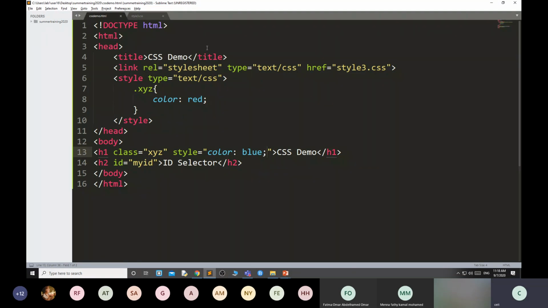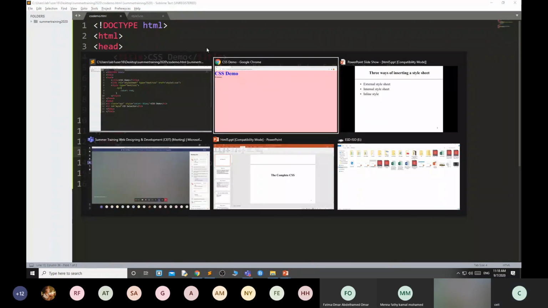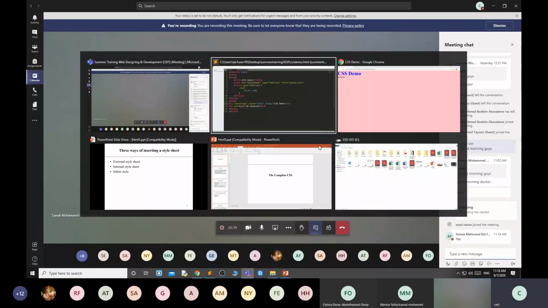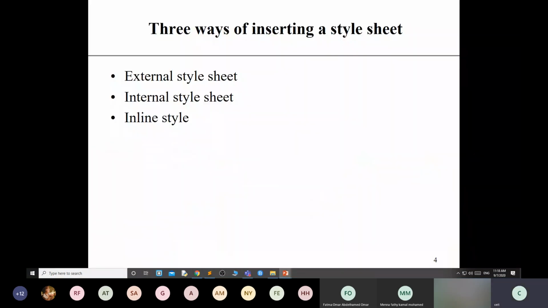Inline style overrides internal style. Internal style overrides external style. Okay. Got it? The hierarchy is inline style, internal style, and external style.